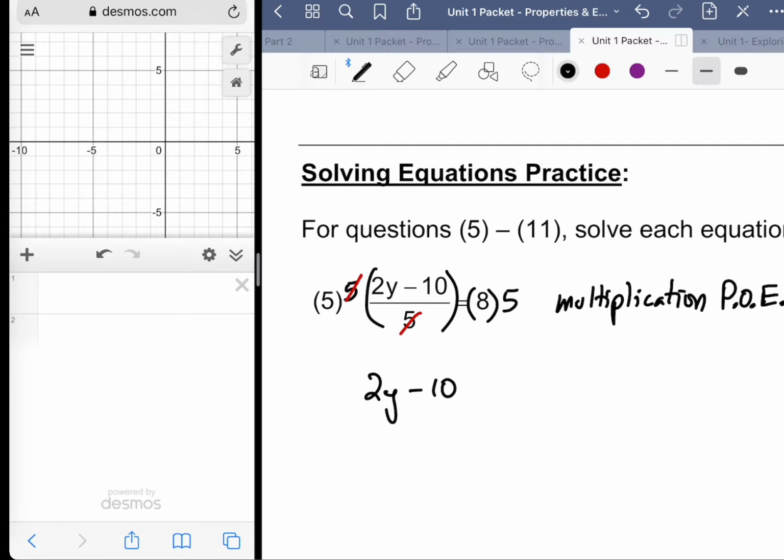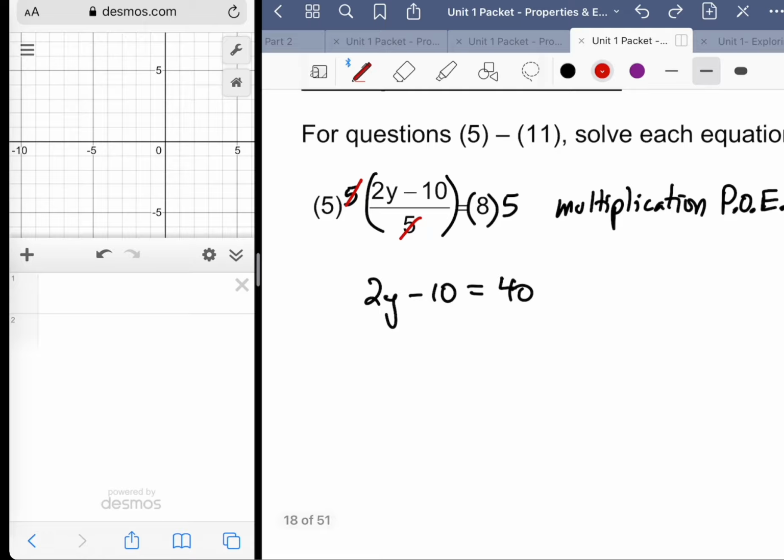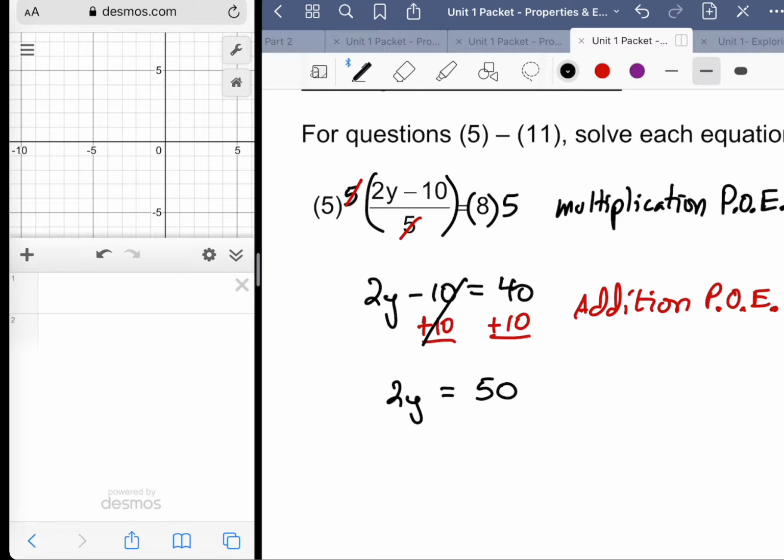2y minus 10 would be equal to 40. So then I want to get the 2y alone. I want to isolate this. The way I would handle that is by getting rid of the negative 10. I would do that by adding a 10 to both sides. That would be the addition property of equality. Which would give you a result of 2y equal to 50. So if I want to get y alone, finally, I would divide both sides by 2, utilizing the division